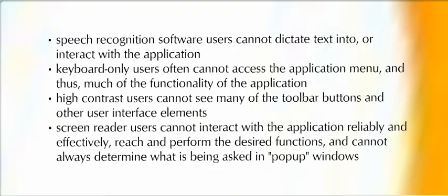If you use high contrast, so white letters on a black background instead of black letters on a white background, all the toolbar buttons disappear. And if you use a screen reader, it is very random what you can actually access. And pop-up windows, quite often with yes or no options, aren't able to be read by a screen reader. So they've got like a 50% chance of guessing that they're going to choose the right thing on a question they can't even access. So still some issues there.